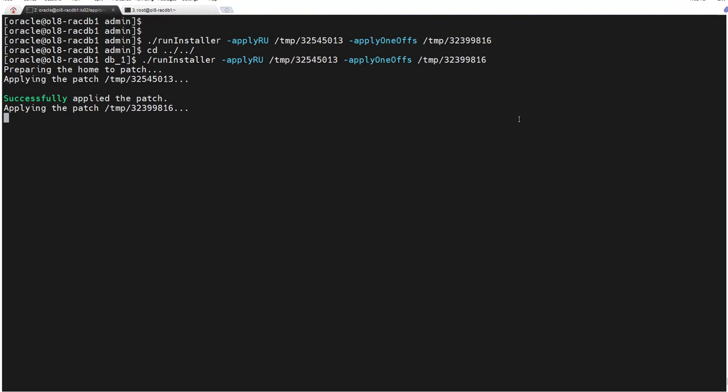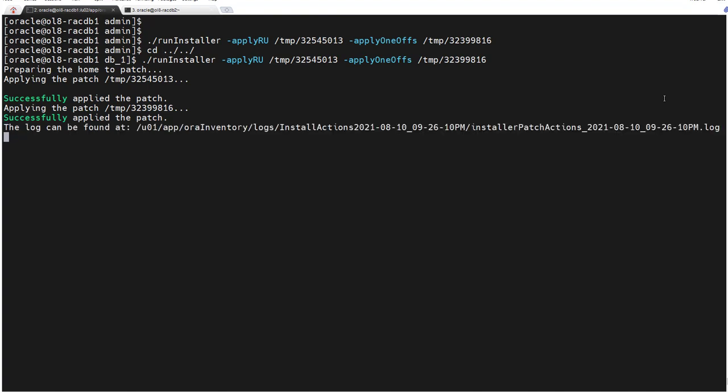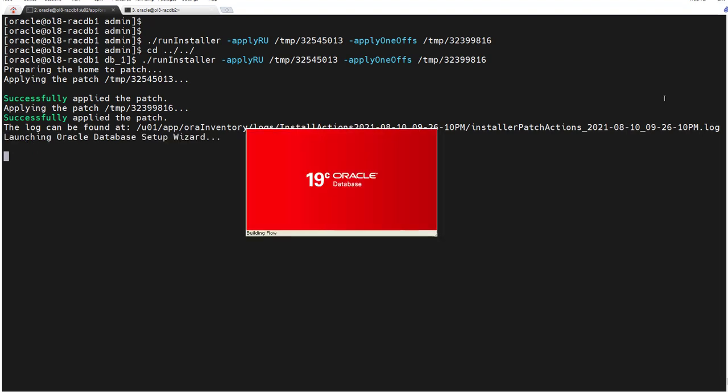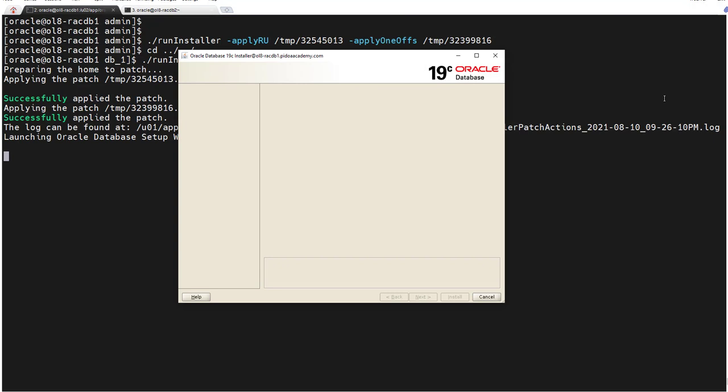So the release update applied successfully. Now OGVM patching is going on. OGVM successfully done. Now the installation wizard will start. So you see we are applying the 19C release update, and it's also applying the OGVM release update, and then the installation wizard is starting.